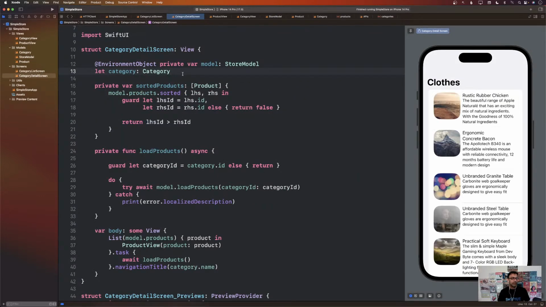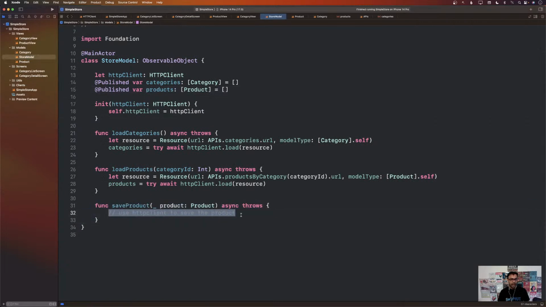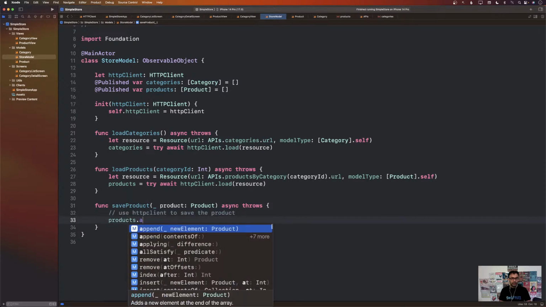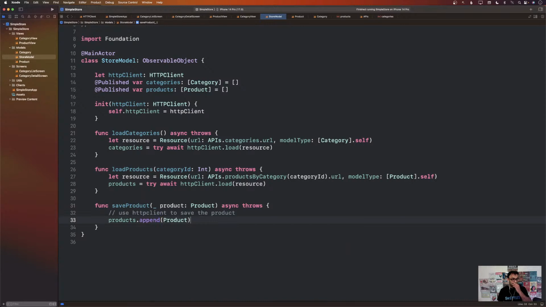But most of the time it's not. It's only one view that is using that stuff. So that's why. All right. And the good thing about this is if eventually, when I save a product and I add to the products array, eventually I'll add it like this, dot append, a new product, then all the views who are displaying the products, maybe there are favorite products, maybe there are this product, all will re-render themselves